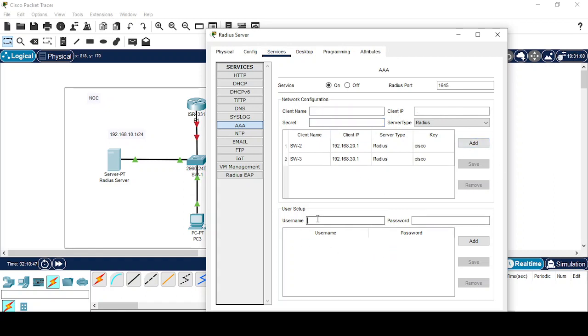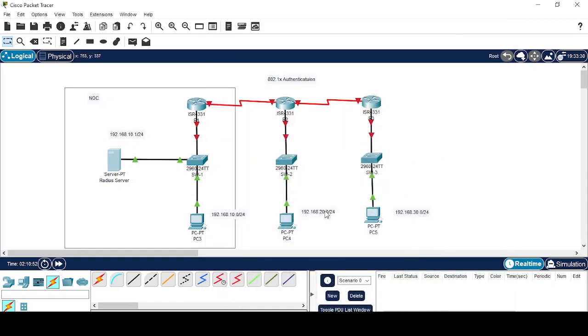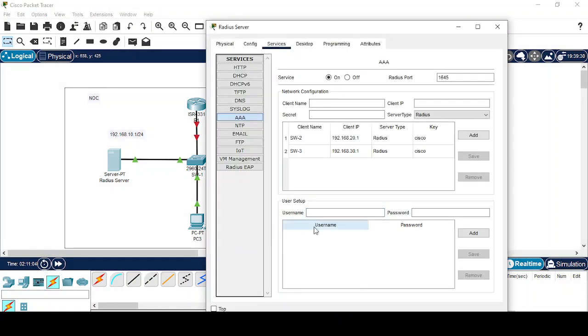Add. And the username and password: this would be the username and password we will configure on the endpoints of this network. Here we will configure this username and password. So I'm going to configure the username, you can say root, and the password is anything,